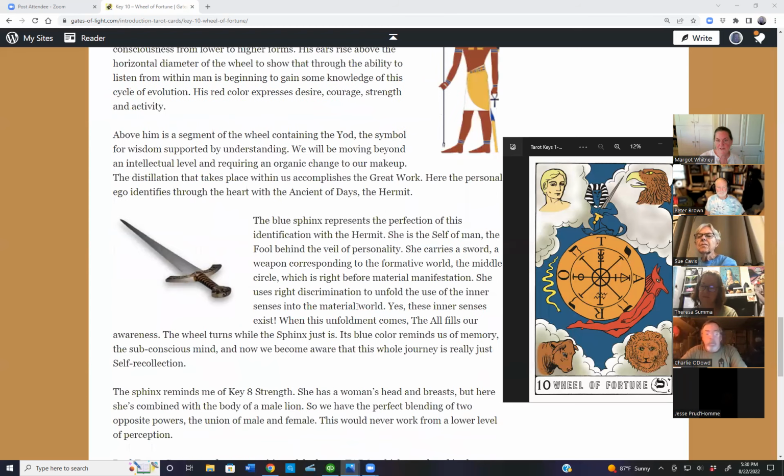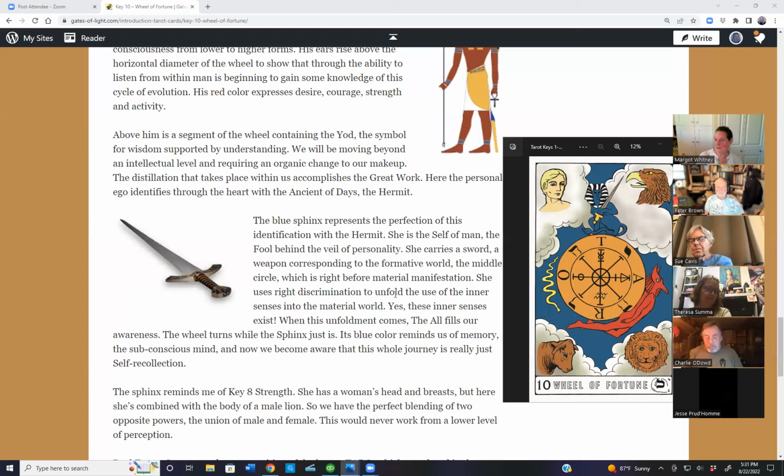Above him is a segment of the wheel containing the yod, right there, the symbol for wisdom supported by understanding. We will be moving beyond an intellectual level and requiring an organic change to our makeup. The distillation that takes place within us accomplishes the great work. Here, the personal ego identifies through the heart with the Ancient of Days, the Hermit. There's nothing wrong with your ego. Without your ego, you probably wouldn't be here listening to me rattle on about all of this. It got you here. When the ego moves through your heart, the whole world opens to you,